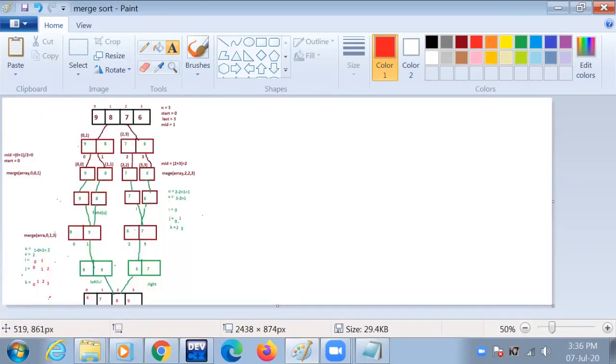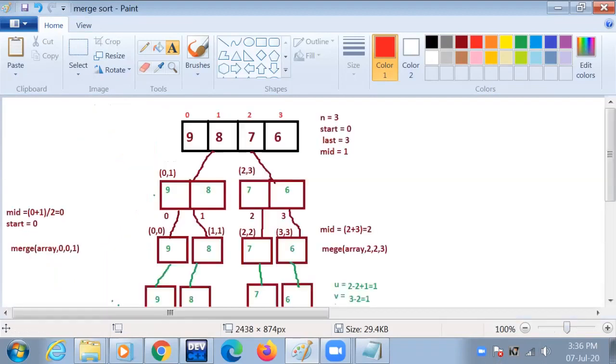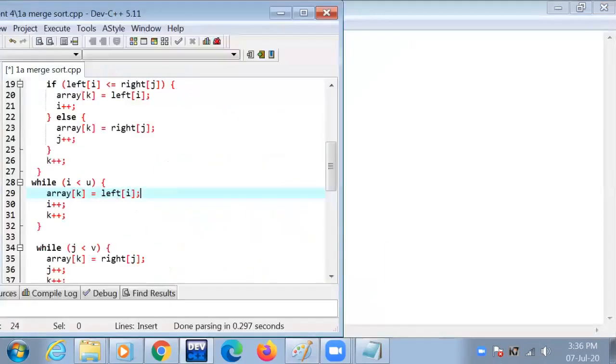Our array is sorted and we execute this program.